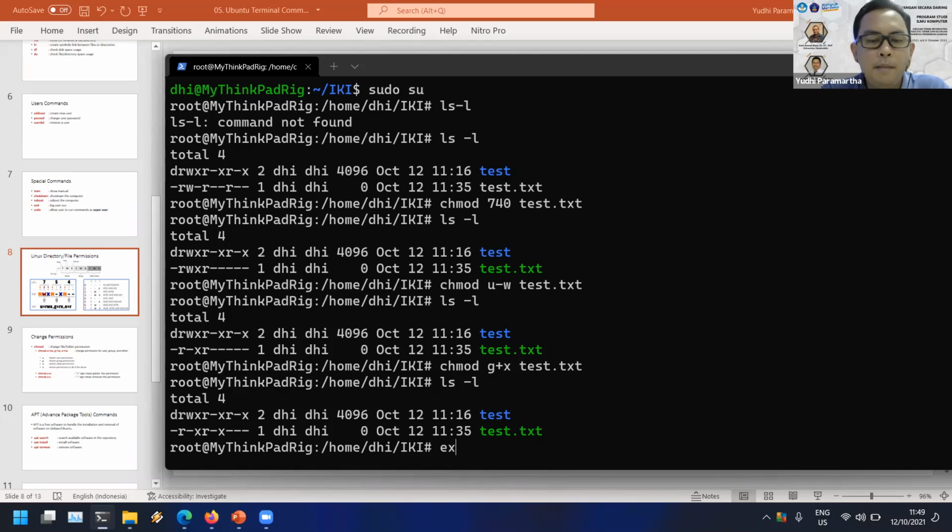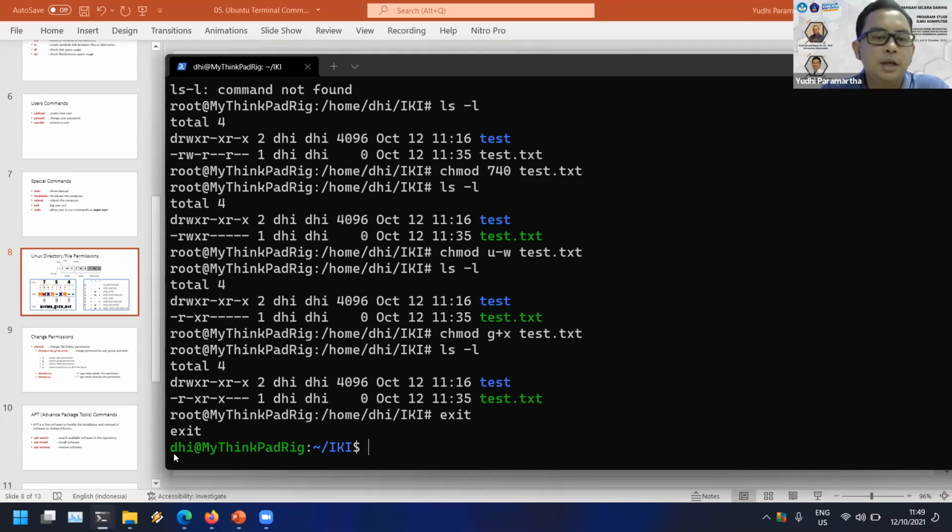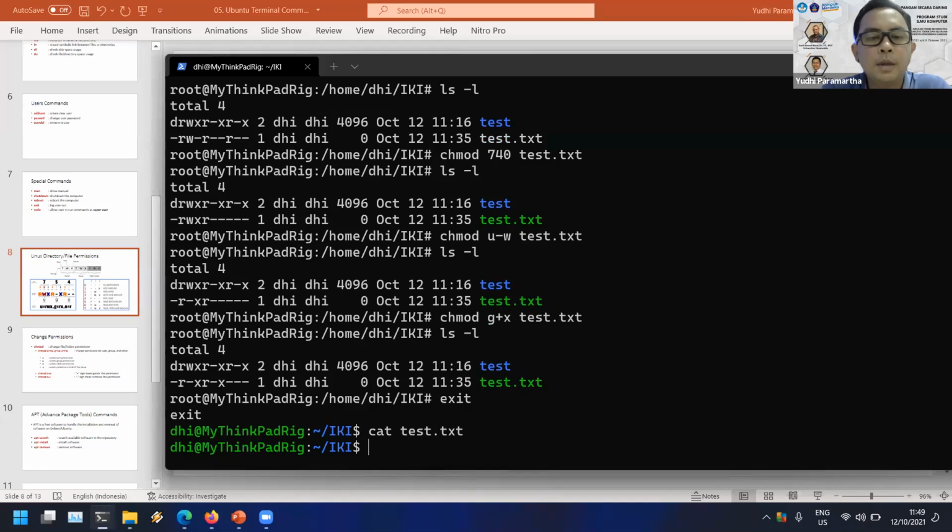I'm going to my user, and then I will open test.txt by using cat. Maybe test.txt is an empty file because I haven't written anything there.